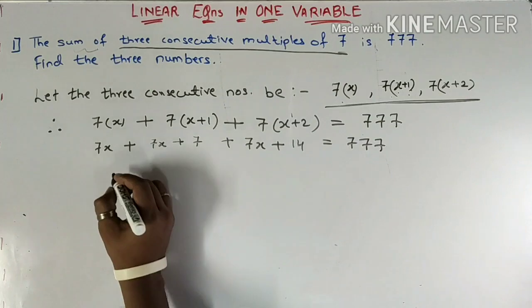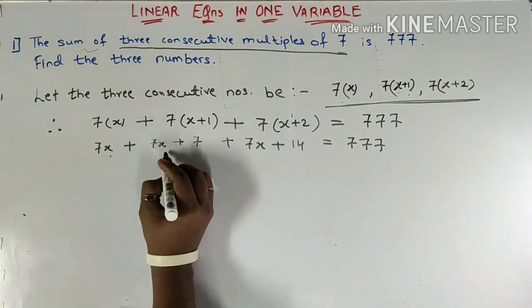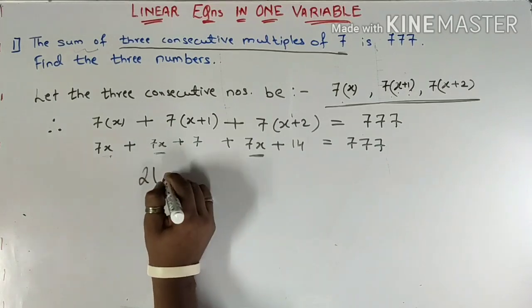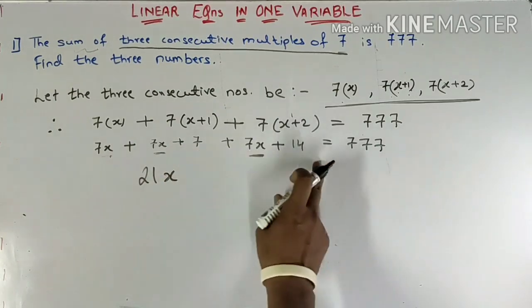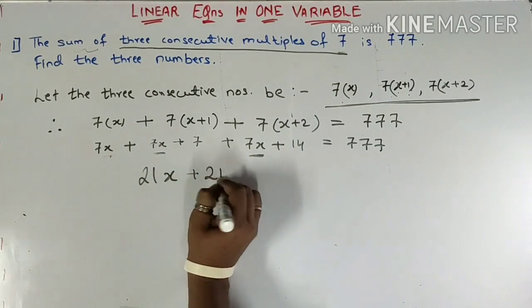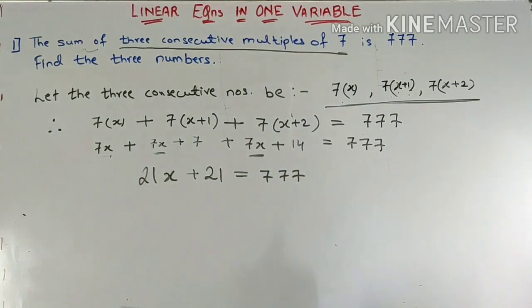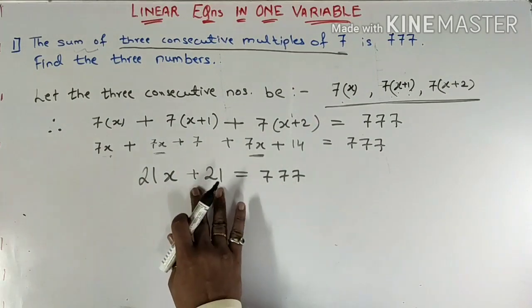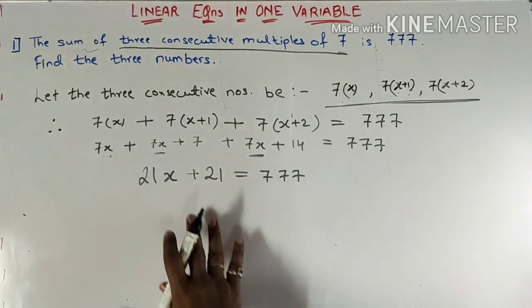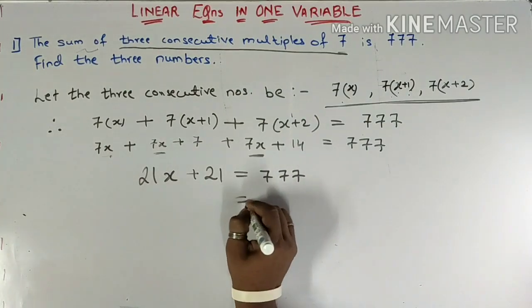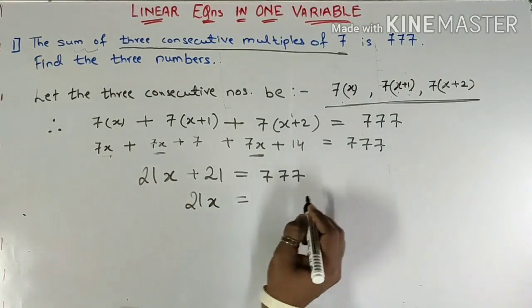So left hand side we have 7x plus 7x plus 7x. We have 21x, and over here 7 plus 14 we have 21. Therefore we have this as my next step. My next task is to take this 21 on the other side, or I want to get rid of 21 from this side. So subtracting it from both the sides, we have 21x is equal to